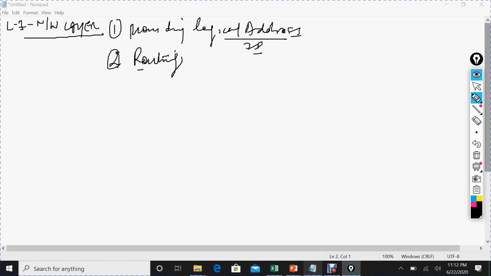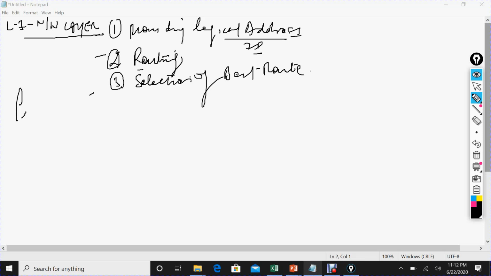And for routing we need the best route. It's not like any route will do. Let's suppose multiple routes are there. We need to first select, with the help of different types of routing protocols and algorithms behind the picture, so we need to calculate the best route. So we say selection of the best route also occurs at the network layer. Alright, so these are the three functionalities which occur at the network layer.